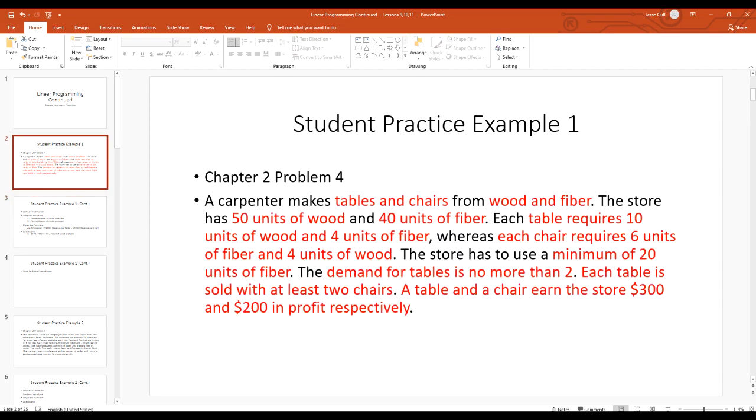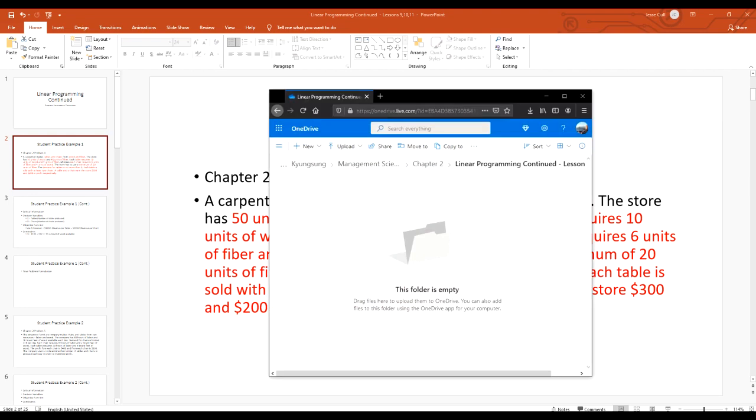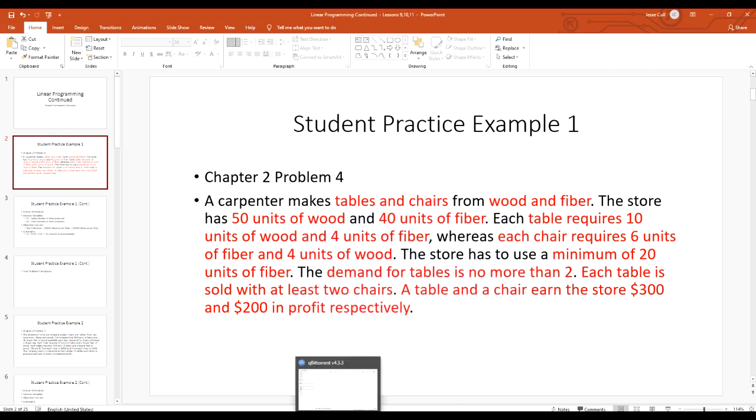In previous questions, everything's kind of been carefully organized for you. In this question, we had some things misaligned, some things out of order. But as long as we remember x1 and x2, x1 being tables, x2 being chairs, we're able to correctly realign this information. And we see here